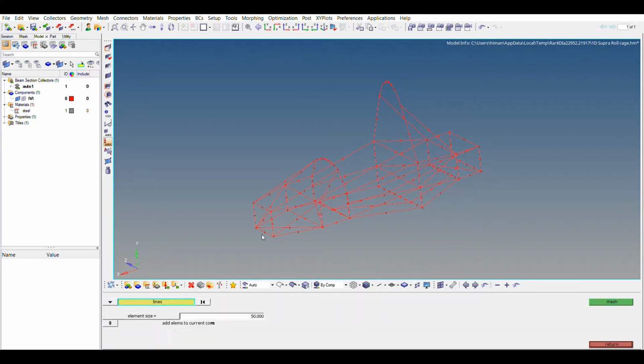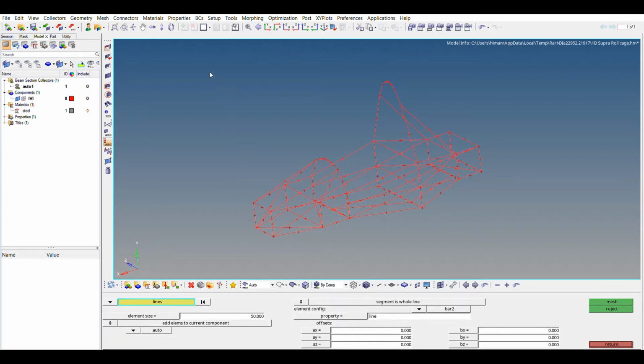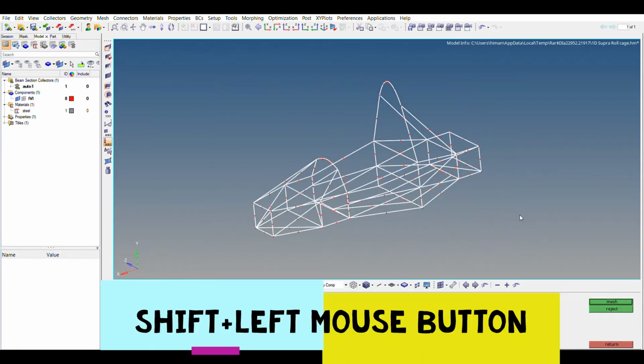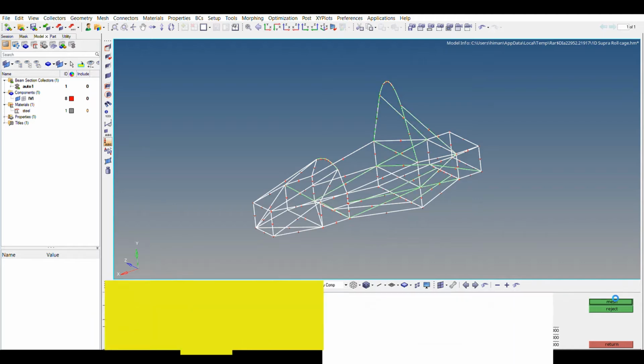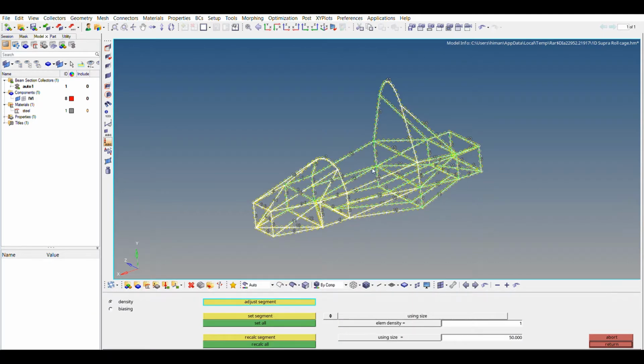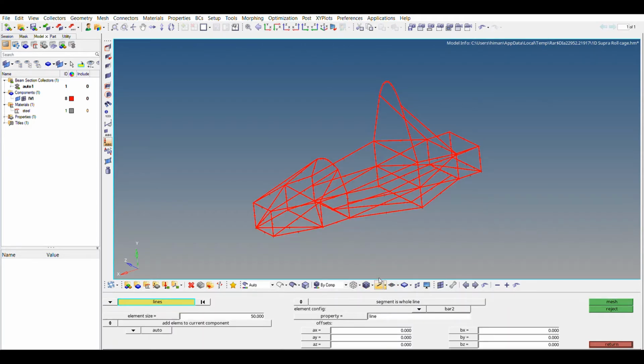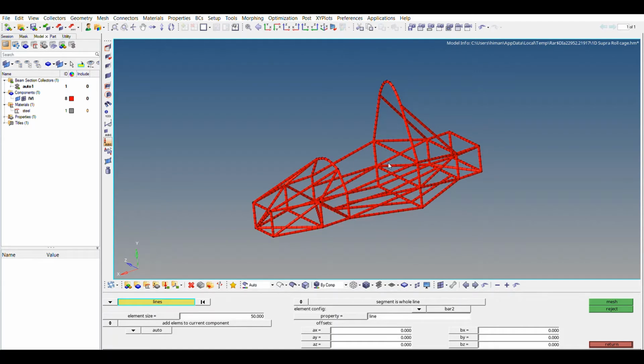You can manually select it also using shift and right click. So mesh. So you can see the software has done meshing our part. Now in order for you to see how it is meshed, you can go here and select the 1D traditional and detail element representation. So this is how the component looks after meshing.